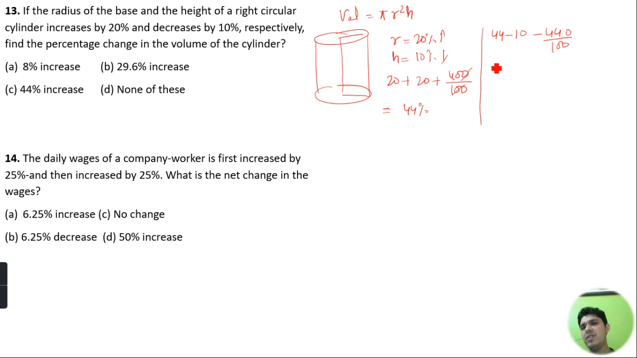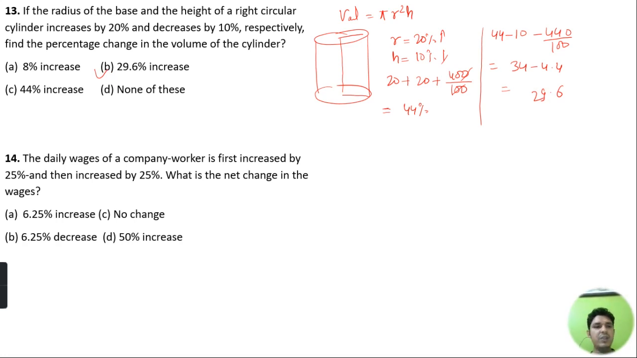So this will be 44 minus 10 minus 440 divided by 100. So if we check for the value, this will be 34 minus 4.4, right? And if we check further, this will be 29.6. That means option number B will be the right option,